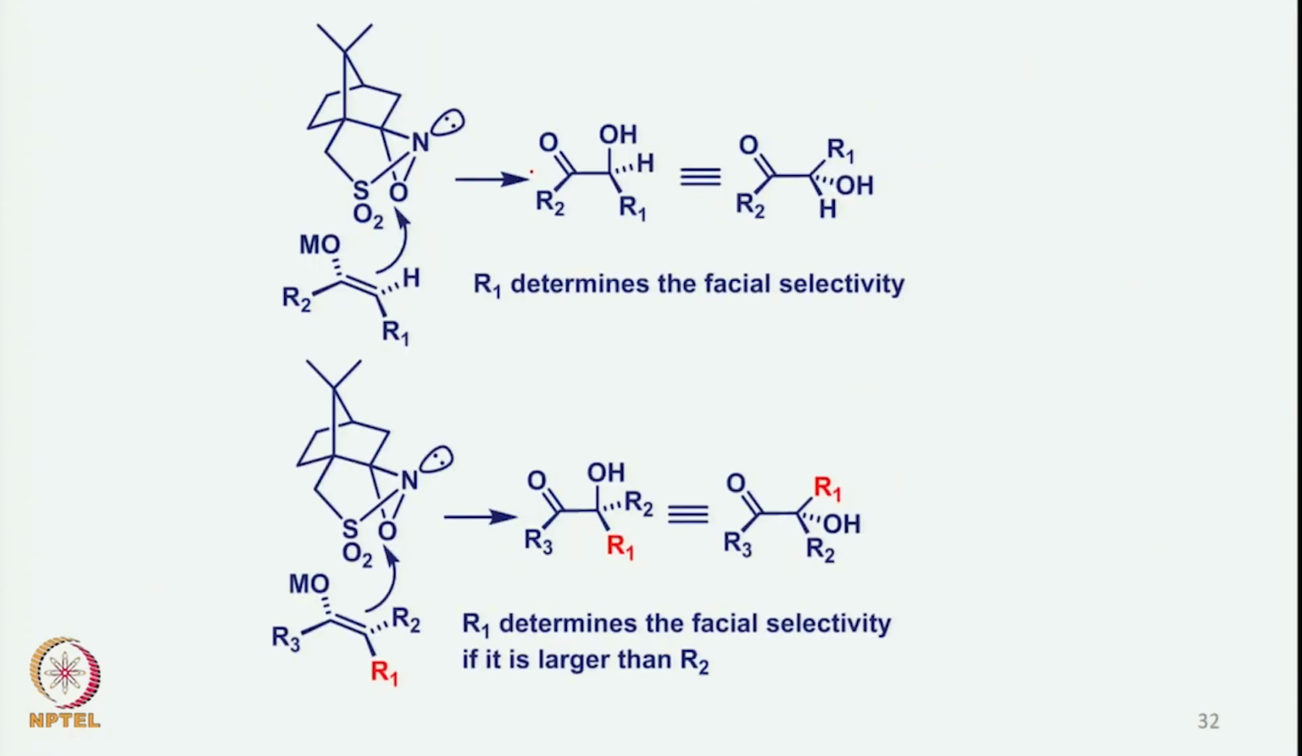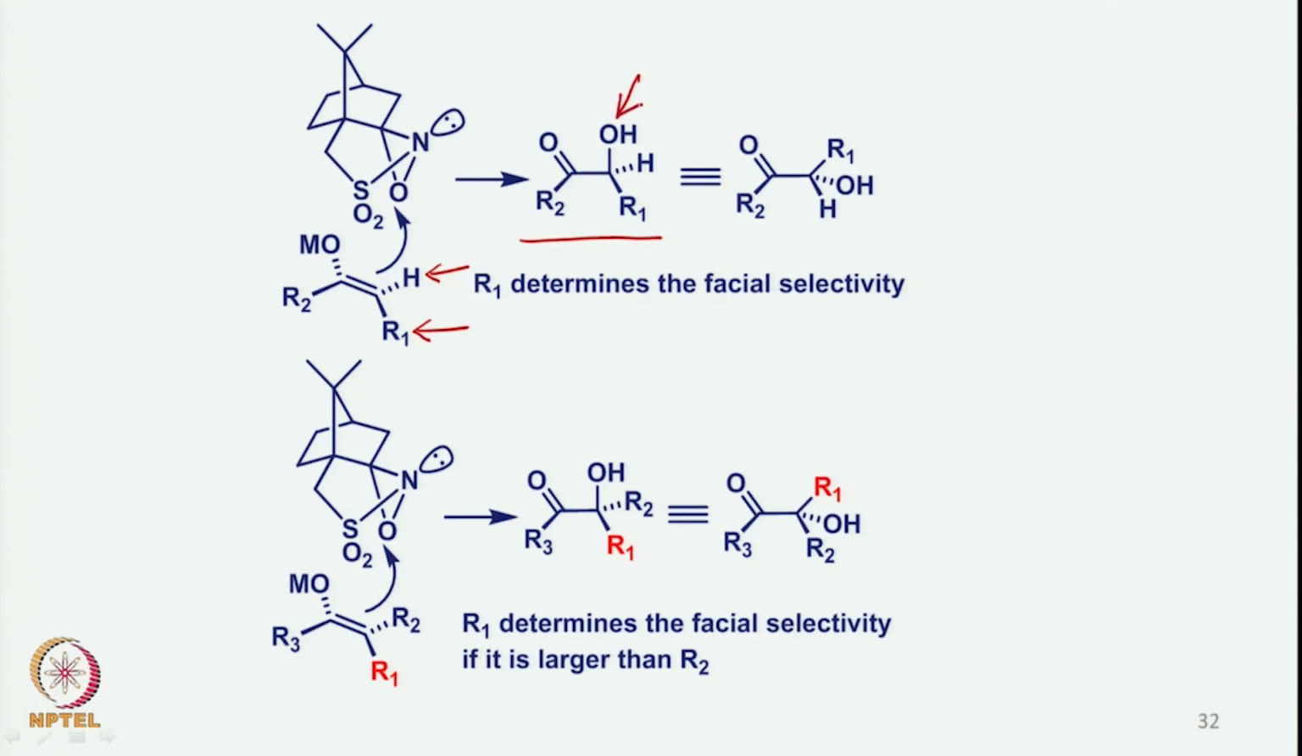Now how does this happen? Why should it happen from the lower side? As I mentioned earlier, the enolate attaches to the lower part of the oxaziridine with the hydrogen group that is smaller than the R1 group being on the backside, and the larger group comes toward this side, and thus the oxygen is transferred from the top, and that leads to the formation of this molecule here where the hydroxy group has come from